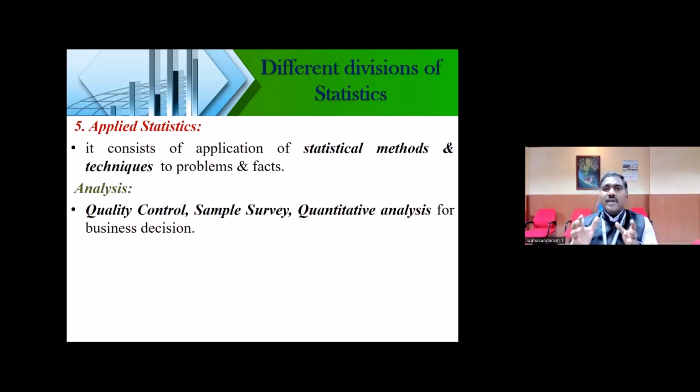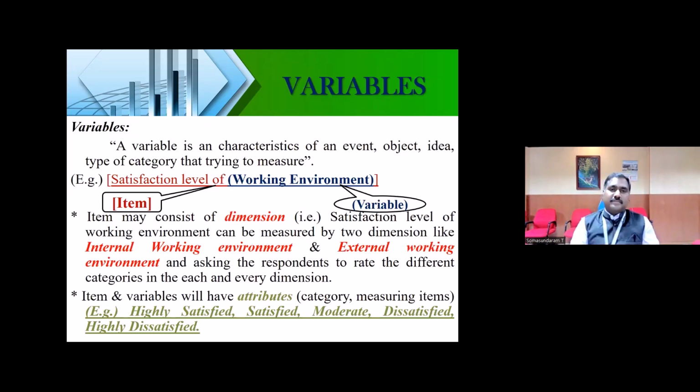That means you cannot give conclusions or meaning for the data you collected and the analysis you have done. Only the output table will be there, but you may not know what to do with that output table. For that, inferential statistics is very, very important. So these are the different divisions of statistics that are available. All right, clear. So now next we will move on to the variables part.